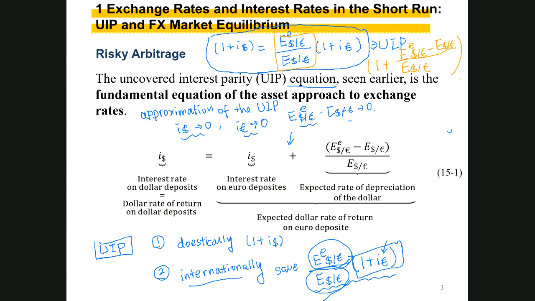So the term in the orange square is equal to the term in the parentheses, right? And then the last step you need to do is to expand all of it, using the law of distribution to expand the right-hand side of the equation. So you will get 1 plus i in dollar, interest rate in dollar, plus 1 plus interest rate in euro,